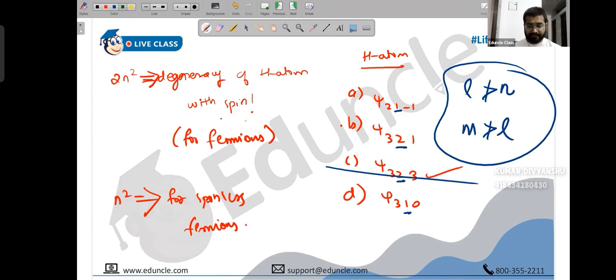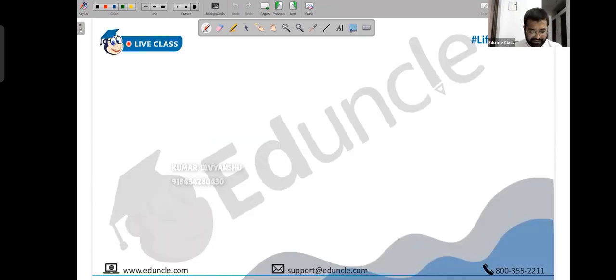Proceeding ahead. Now, the hydrogen atom is kind of done, but I want to take a couple of questions in this. So people, what was the ground state wave function psi 100 for hydrogen atom? Actually, I'm not giving you that, so that you have to note now. The only wave function that you have to learn by heart, people, for the hydrogen atom is the ground state wave function. No other wave function you have to learn by heart.